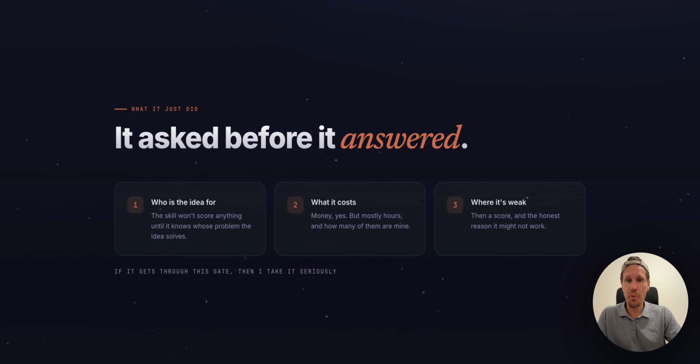If I ever come up with something new that I really want to do, to avoid shiny object syndrome, and if something actually gets through, I'll probably take it really seriously. Maybe I'll also run it by my wife, whose advice I really trust and value. And if it's close, I've got a second skill, my LLM Council, that I gave away in a separate video 2 weeks ago, which runs an argument between 5 vastly different views, but that's a whole other video.